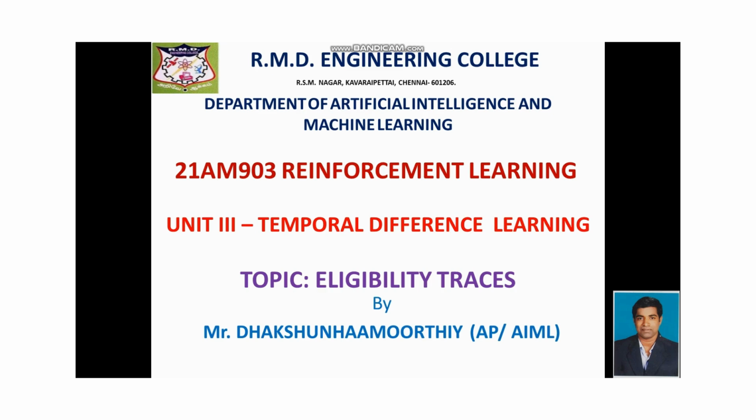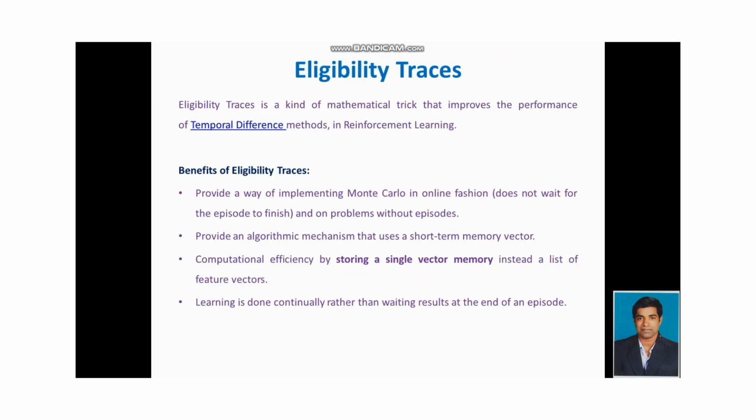Today's topic is eligibility traces in the subject 21 AM 903 reinforcement learning under the unit 3 temporal difference learning. Eligibility traces is a kind of mathematical trick that improves the performance of temporal difference methods in reinforcement